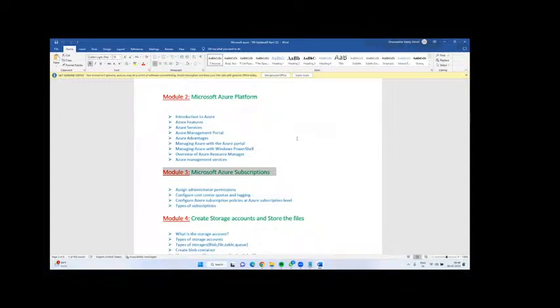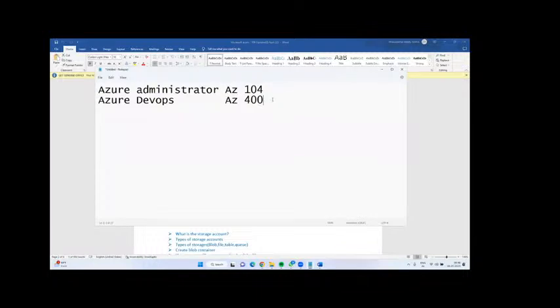Subscription is nothing but a license. Microsoft provides n number of subscription versions. First, Azure free trial, which you are going to use now. Next, the pay as you go model. Next, Visual Studio Enterprise.